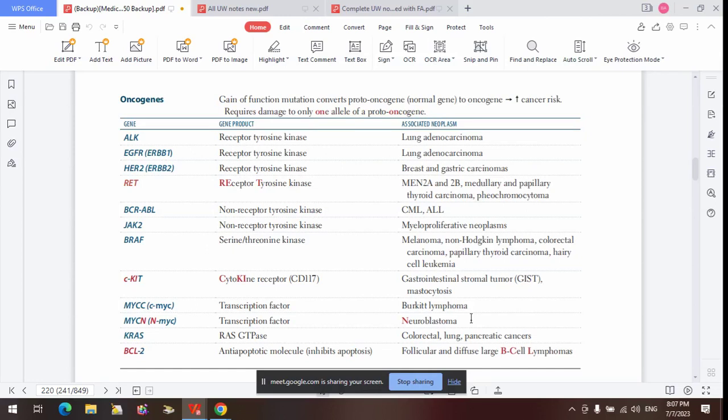So yesterday we started with the oncogenes, and we said when we have a gain of function mutation of a proto-oncogene, it becomes converted to an oncogene, and that will increase the incidence of cancer. And we said only one allele of that mutated oncogene is needed for malignancy to develop. But if it's a tumor suppressor gene, you need both alleles of that mutation to be